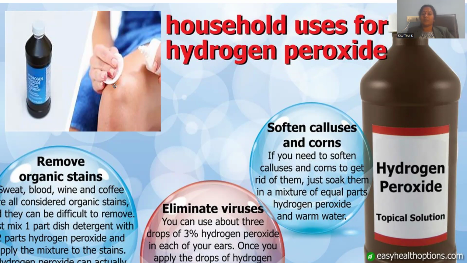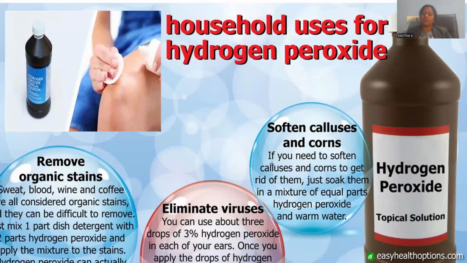Even for dressing purposes we can use this hydrogen peroxide, and remove organic stains. In order to clean those also, hydrogen peroxide is able to release oxygen, right? Oxygen is a kind of stain remover, so in that manner it is able to remove the stains. Being a disinfectant, infection-causing organisms like viruses can be eliminated. Especially a 3% hydrogen peroxide solution is required to clean up wounds and soften calluses